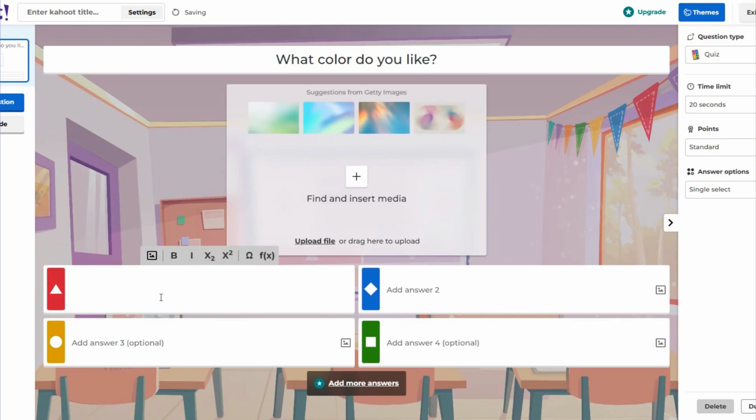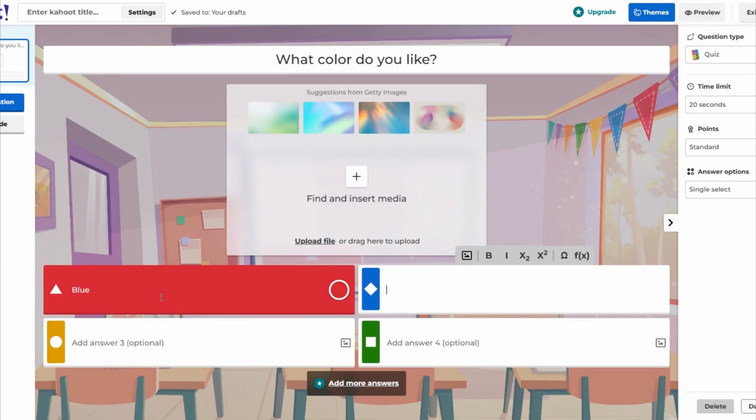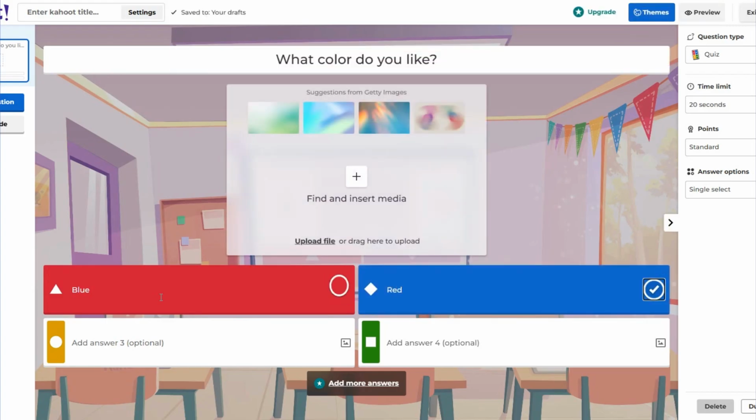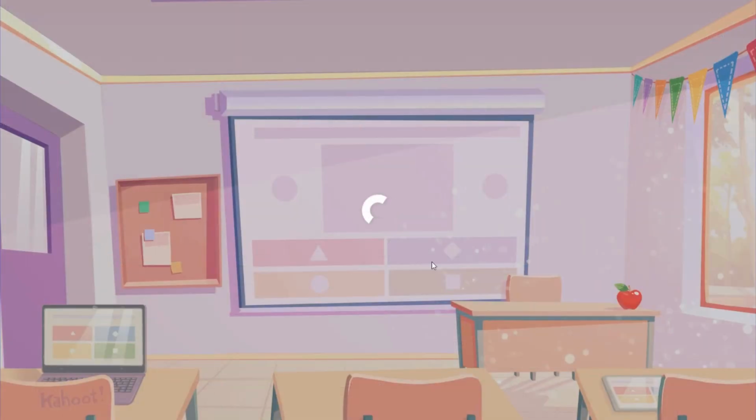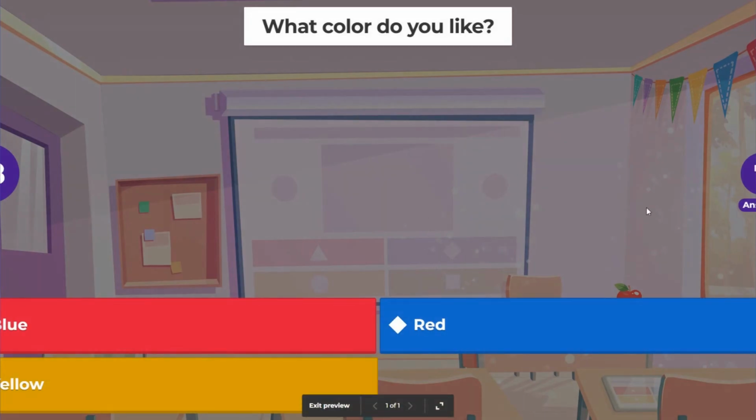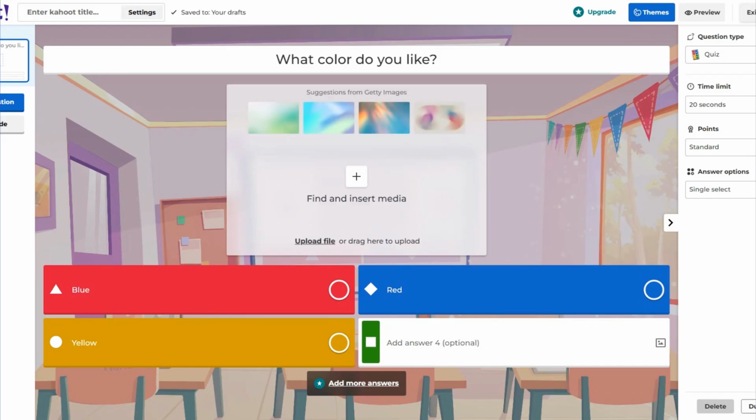You prefer one, or depending on how many answers you want. Okay, in this case we prefer 3 answers. You can do it and then you can save it. You can preview how it looks, and now you can see here the answer. Okay, so that is how we can start working on it, and then just click on save.